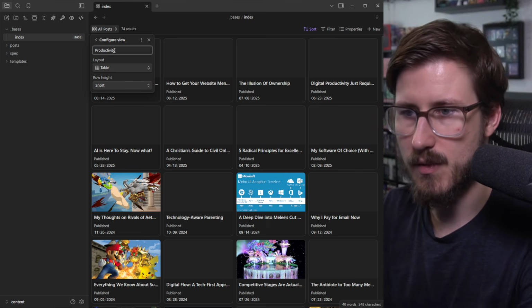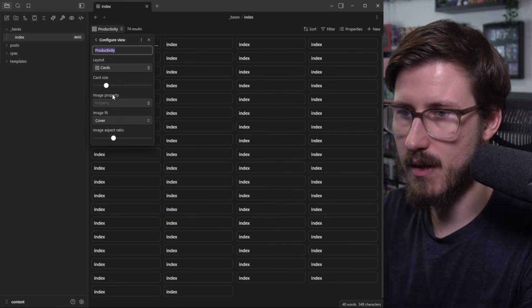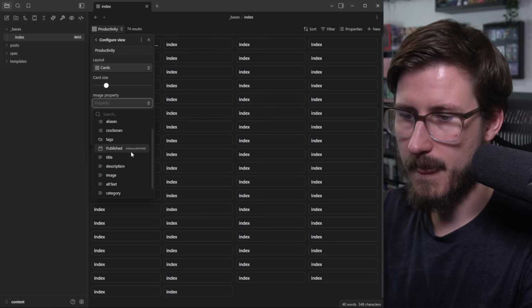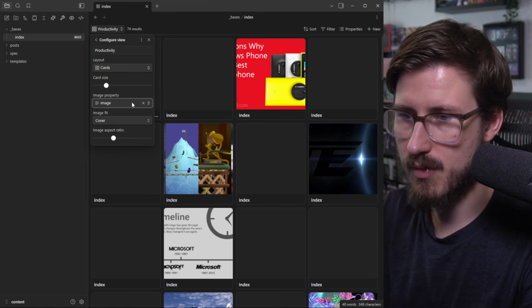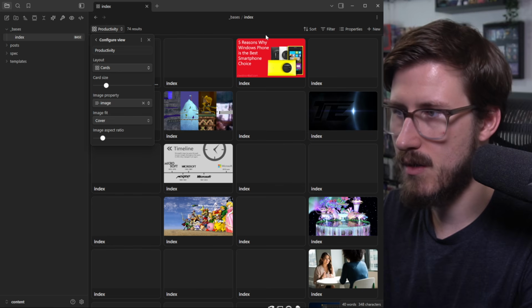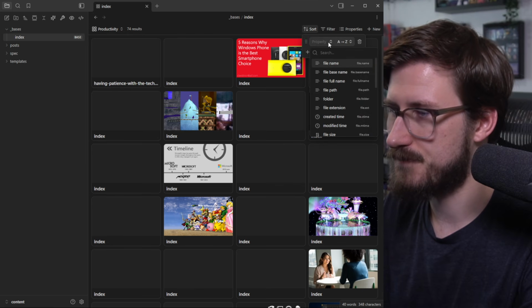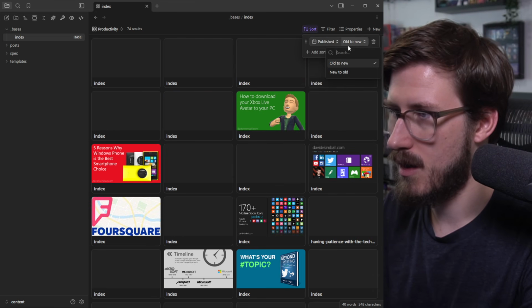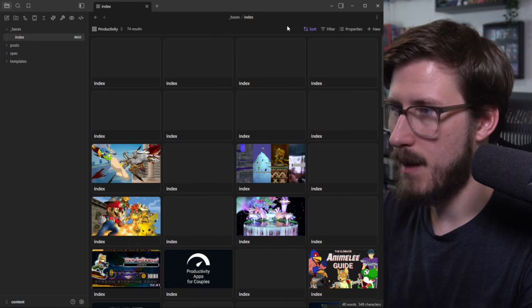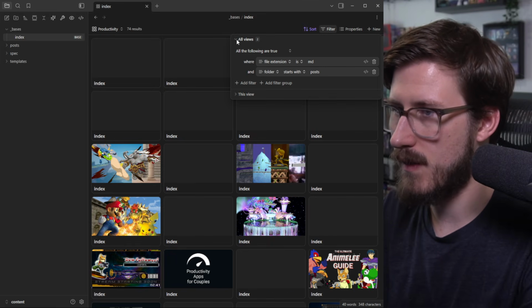productivity, because why not? That's relevant. I'm going to use the same card view. I'm going to use the same image property and the same aspect ratio. I'm still going to sort it by published, new to old. But this time I'm going to add some more filters onto it that are just true